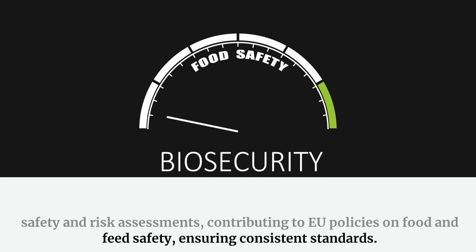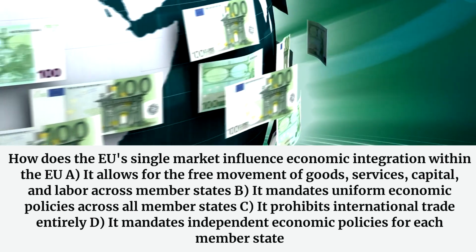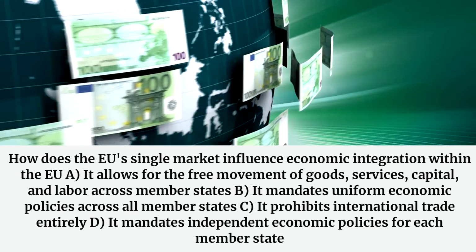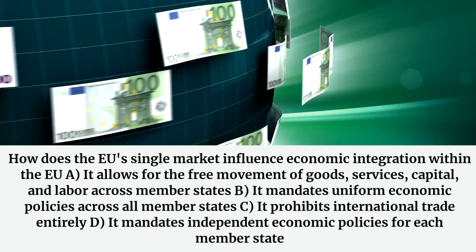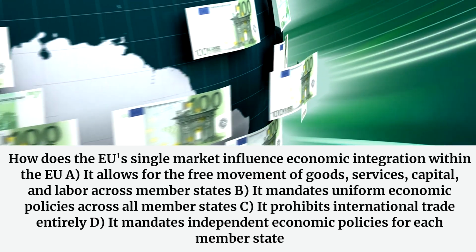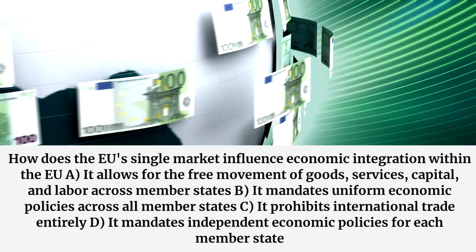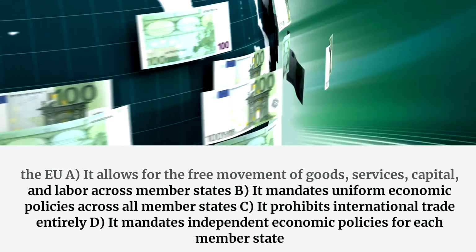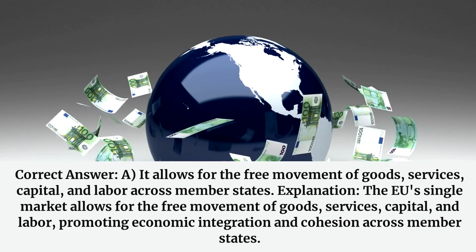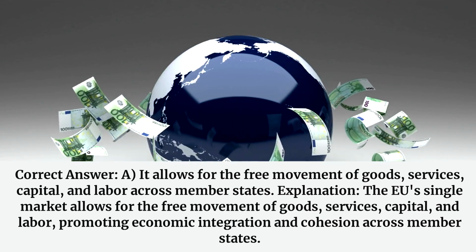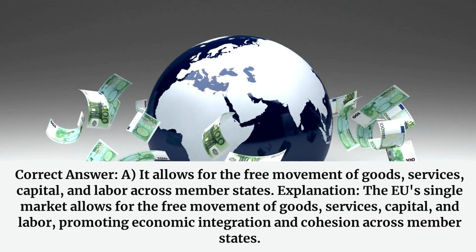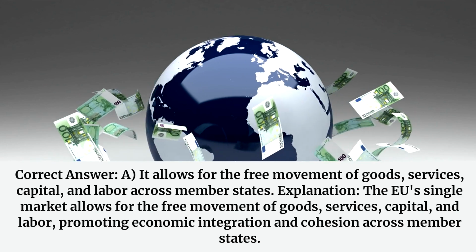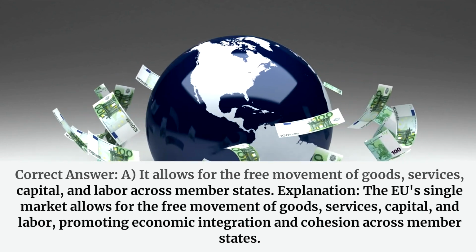safety, ensuring consistent standards. How does the EU single market influence economic integration within the EU? A. It allows for the free movement of goods, services, capital, and labor across member states. B. It mandates uniform economic policies across all member states. C. It prohibits international trade entirely. D. It mandates independent economic policies for each member state. Correct answer: A. It allows for the free movement of goods, services, capital, and labor across member states. Explanation: The EU single market allows for the free movement of goods, services, capital, and labor, promoting economic integration and